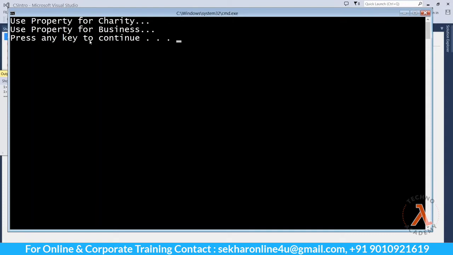Now, if we haven't added the last 3 lines of code, then we don't find any difference between the result of method overriding and the result of shadowing, because both will be displaying "use property for charity" only, right? So, sometimes it so happens that some people might consider both these concepts are the same.